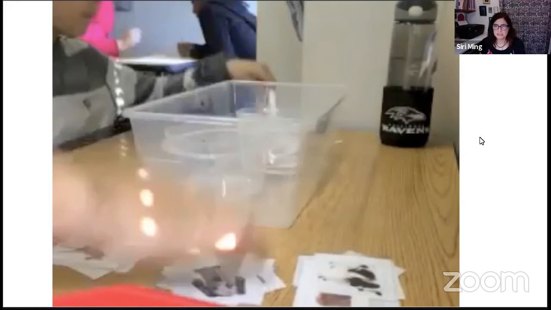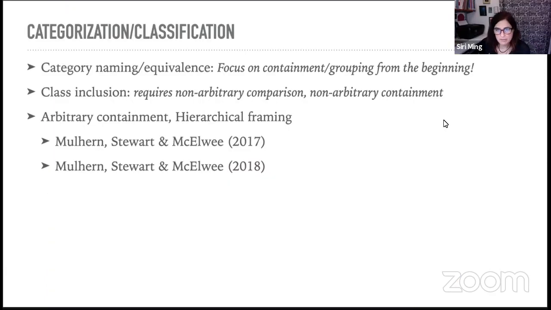And that research, and then we did a follow-up paper that just came out in JABA this spring as well, that you can take a look at. And there's a couple of other papers that have come out in the last couple of years that Teresa Mulhern did all of her doc work on this, on more arbitrary levels of containment. And so those were the main areas that I was personally involved in,